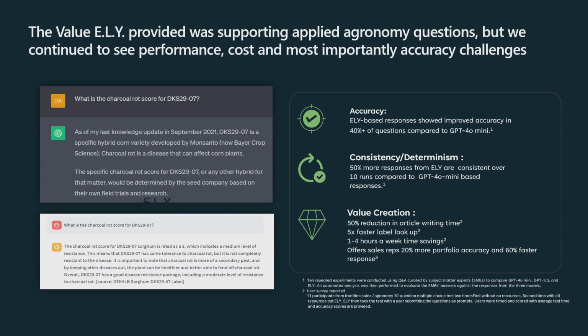And we also started to see signs of ROI as we launched to our frontline salespeople. So we were seeing time savings and improved accuracy, and that improves handling customer agronomy and product questions, which intuitively, right, that leads to better experiences with our products. They get more value from those products.